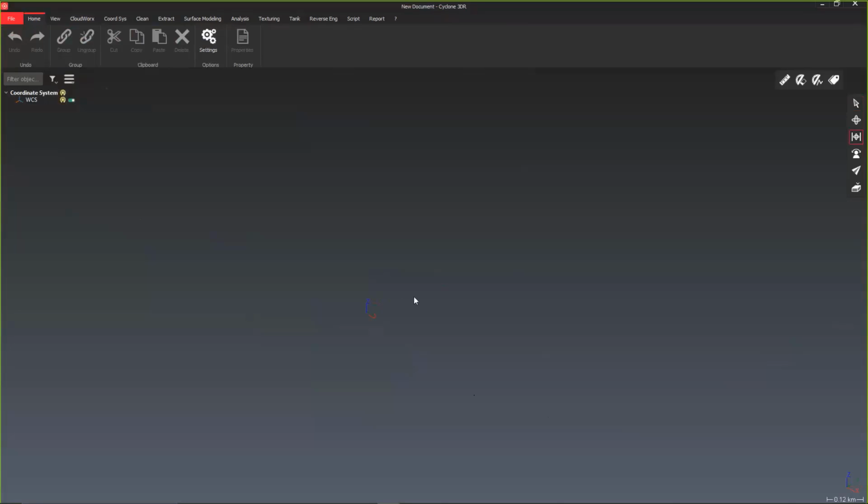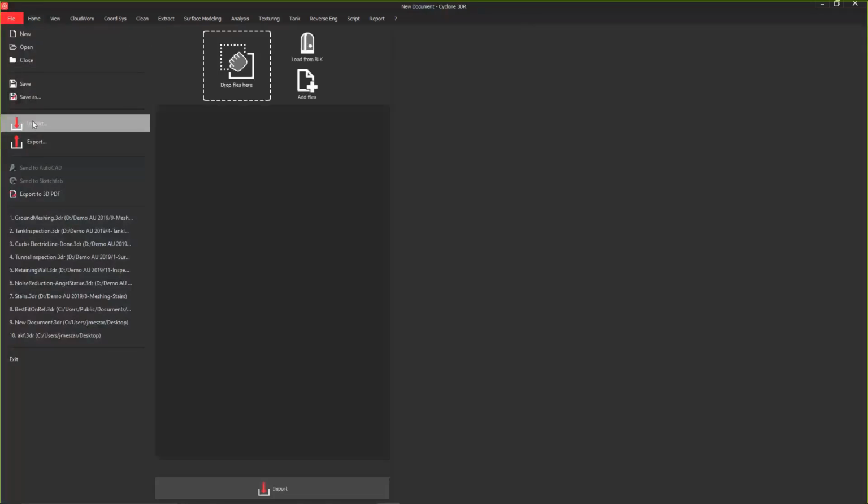So I have data sitting on the hard drive where I can bring in different file formats. And one of the things that I really like about this is that Leica has made it very easy to bring in data. So I'm going to come over to File and Import, right? And I can go out and search for files if I want. Or on my other monitor here, I have a File Explorer open where I can just simply drag and drop, and my data's in. I hit Import,